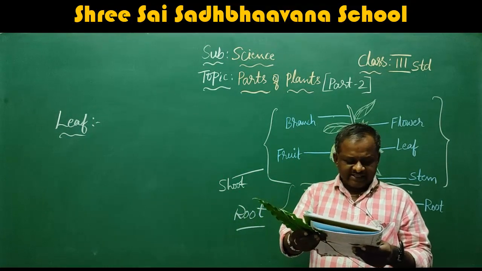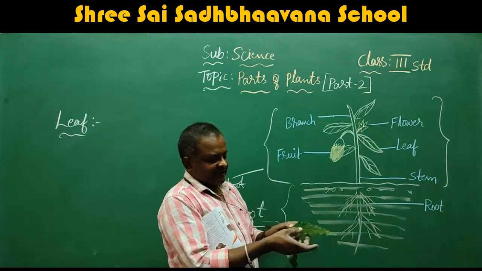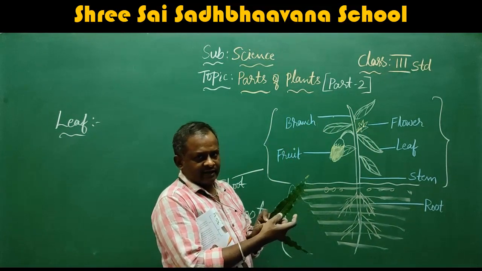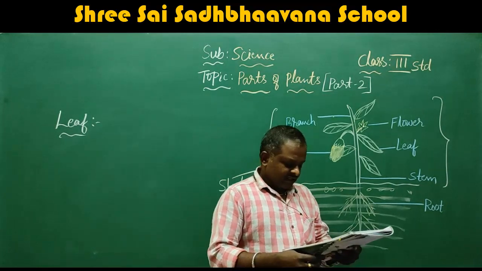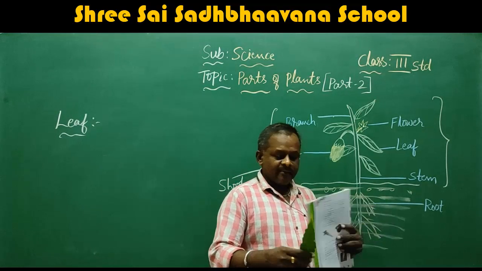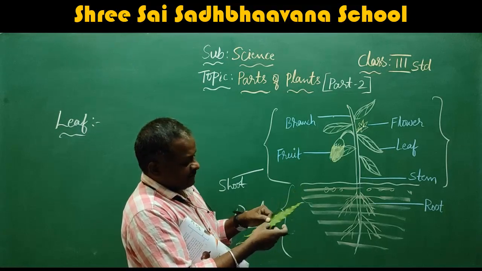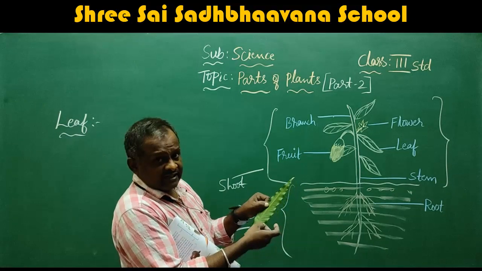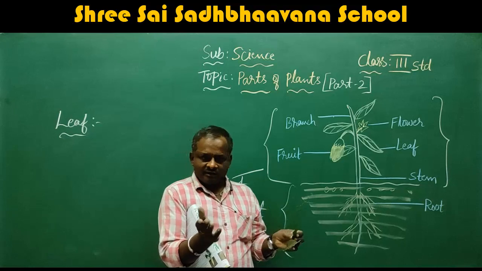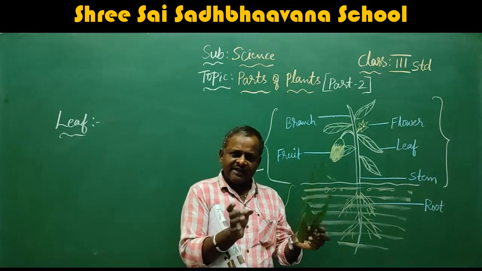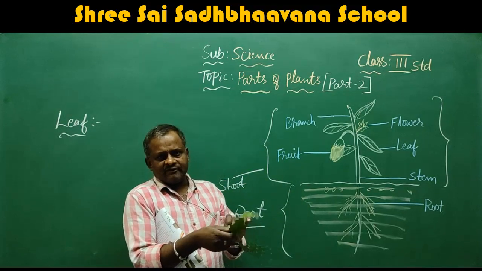In the middle of the leaf there is a main vein. This is the main vein. Have you seen? Yes, this is the main vein. Next, many side veins arise from the main vein. When you observe here, so many side veins arise from this main vein. After the class, go outside and observe in the plant itself. Don't pluck it. Observe in the plant itself and you will find the same everything.